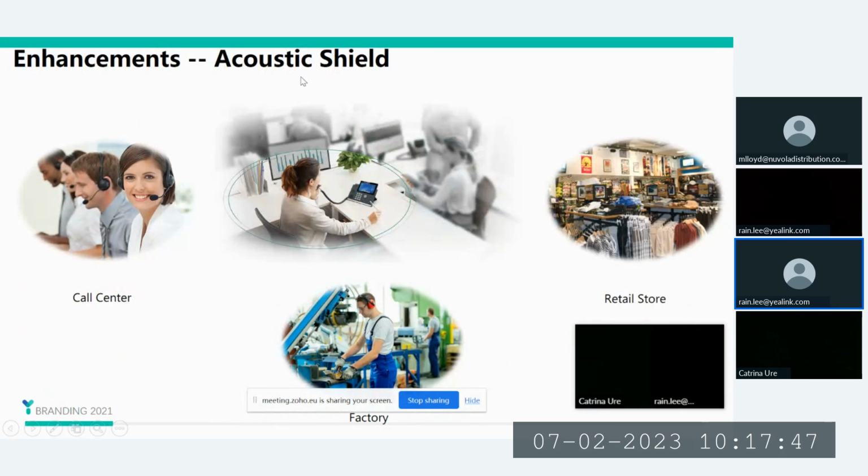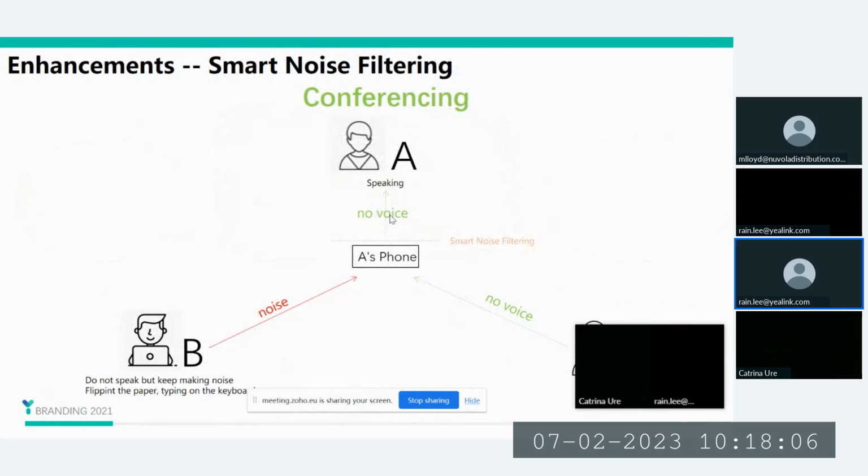And also the enhancement of the acoustic shell. We have the support for the call center, the factory, the retail store. We will avoid some noises, some other voices from your customer, from your colleagues, from your friends. And also similar to the acoustic shell, we have the smart noise filtering. This is the high-end tech. It can avoid some small noises like you flipping the paper, you typing on the keyboard, and also any